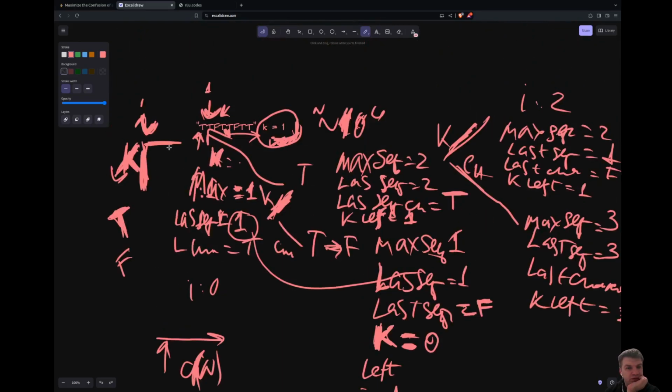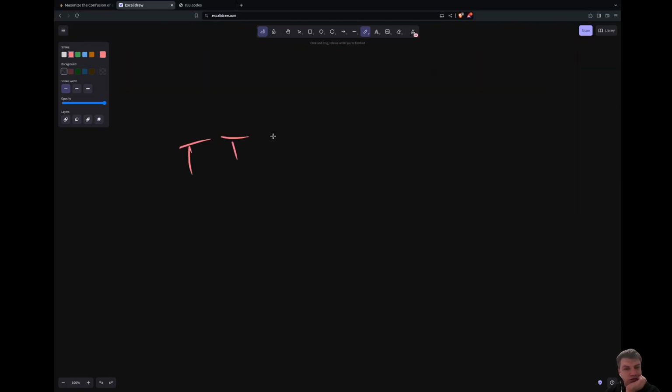Say we are in the middle of TTF, TTF, TTF, TTF, TTF, and then in the end we have T and T. So we can change maximum 1, and in this case it's going to be